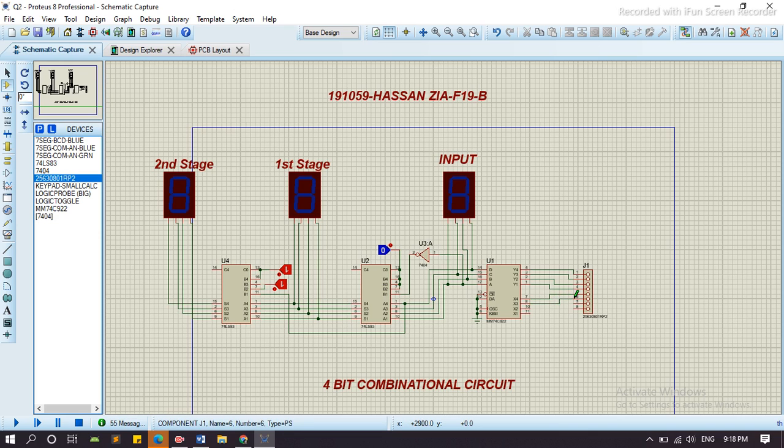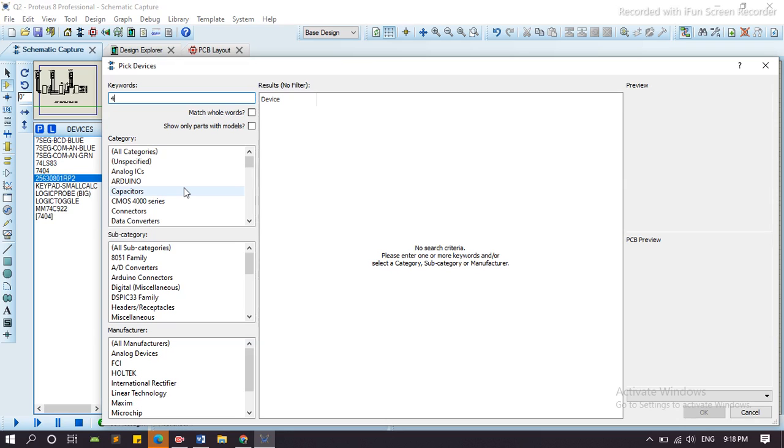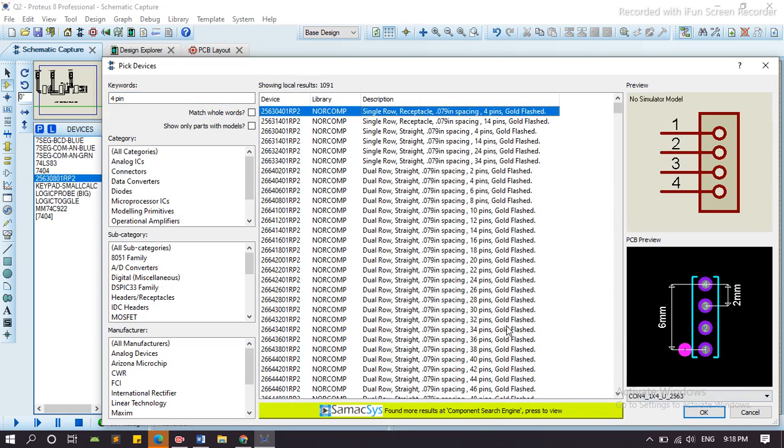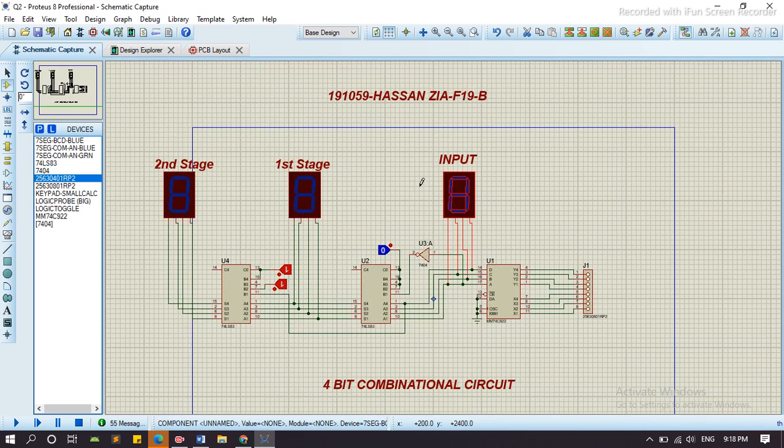We connect this by understanding the names and the pins we are using. We connect the keypad practically with these pins by checking the nodes and pins. Similarly, we cannot use the 7-segment display in the PCB. We select the 4 pin from this, and now selecting this, we delete this, and here we can use the 4 pins.